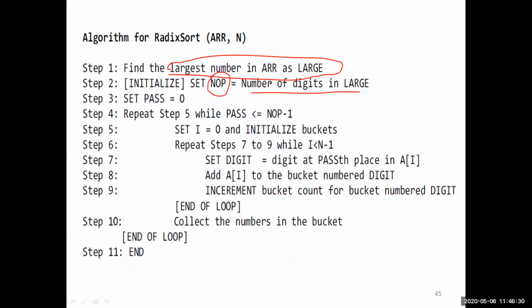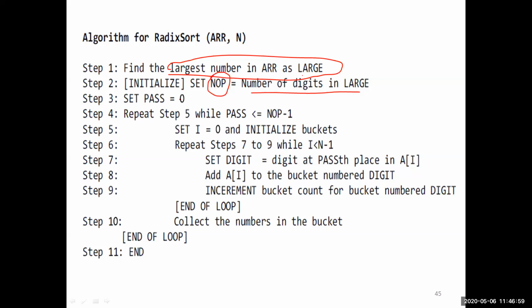So I have to write a separate function for this when you convert this into any language, either C, Python or C++. This is the basic algorithm. So I'll write a separate function for finding the largest number, and I'll invoke that function. Then I have to find the number of digits in that largest number. In our case it is 3.